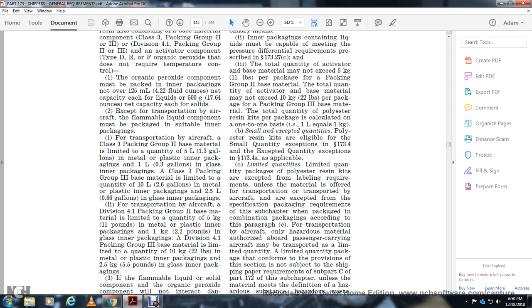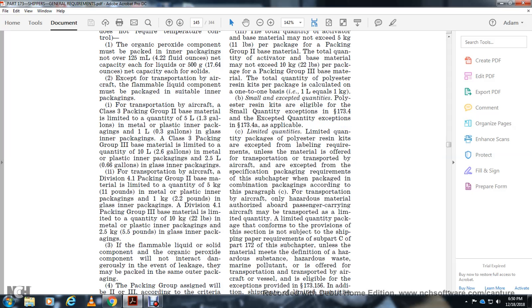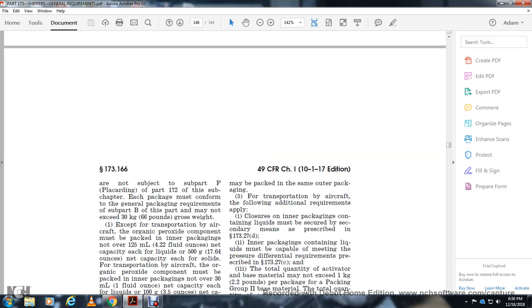the shipment paper requirements of subpart C of part 172 of the subchapter. Material that meets the definition of hazardous substance, hazardous waste, and marine pollutant, offered for transportation or transported by aircraft or vessel, is eligible for the exemption in paragraph 173.156. Additional shipment of limited quantities is not subject to subpart F,